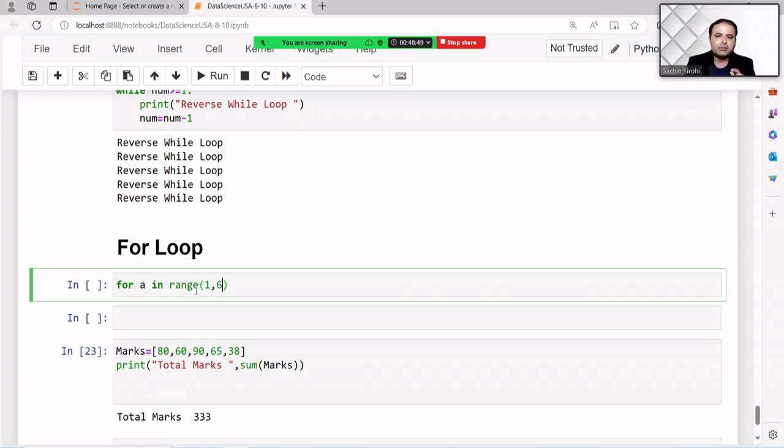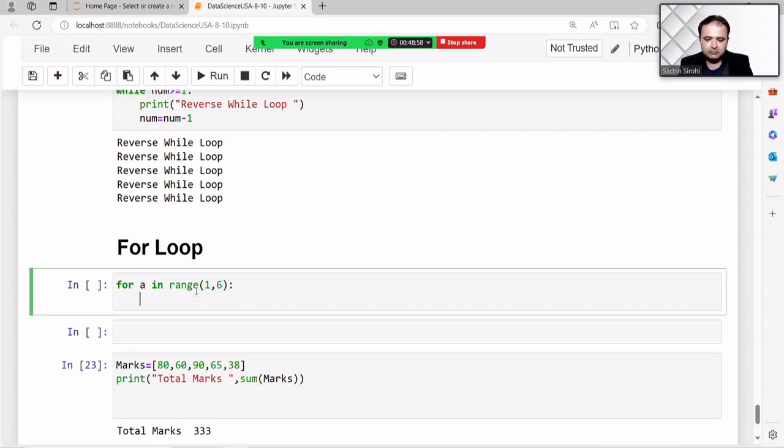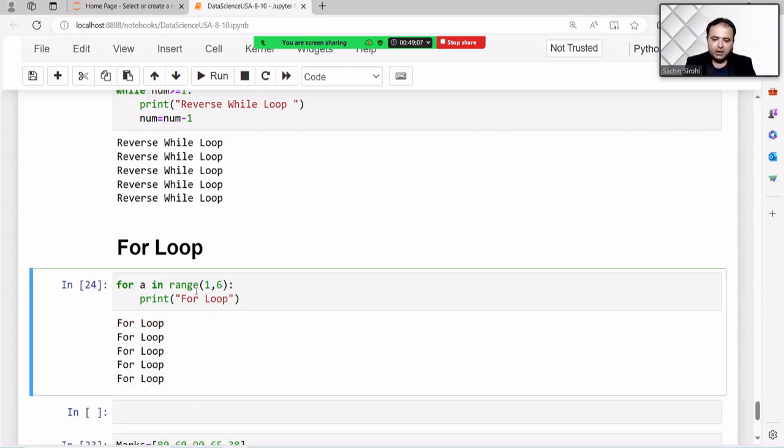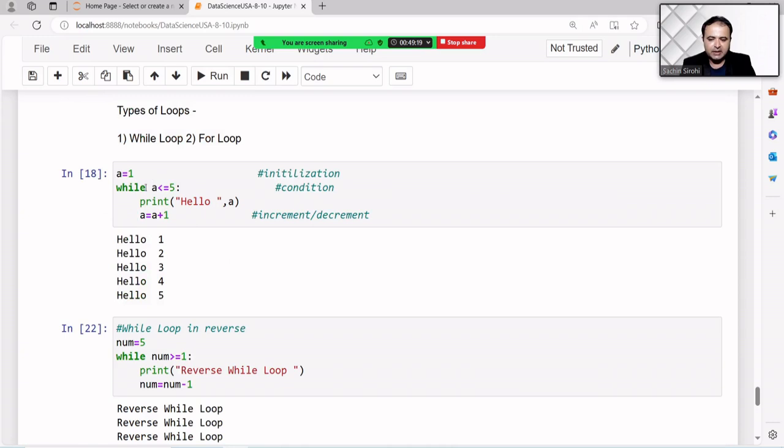Give one number more in the for loop, because it will exclude the last number, and put a colon and print a. When you run the for loop, you can see there is no need to write the initialization or the condition part. So the syntax is easy compared to this one.